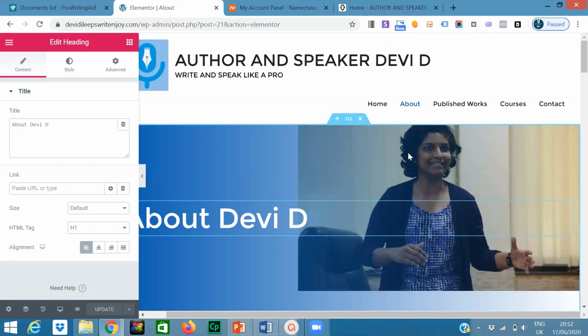Whenever you want to create a new section, where we want to add something, like images, a new image or a new text field and all the stuff, there is one plus symbol on the top. Don't do anything, Devi, just hold on. Just click on your image. Yeah. Now, if you see, there is a plus symbol on the top. Can everybody see? Devi, can you just show that plus symbol? That plus symbol is to add a new section.